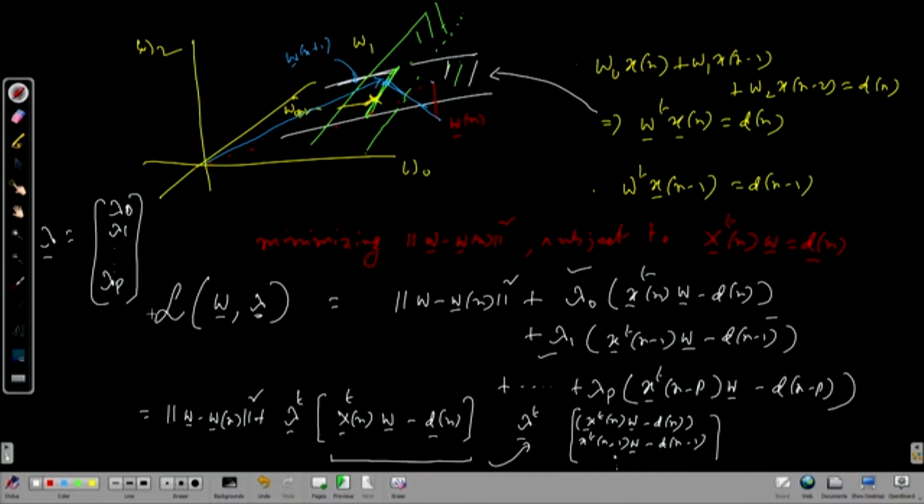The moment I differentiate L with respect to lambda 0 and equate to 0, only this much will remain. So, this will become 0. So, x transpose n w will be d n. So, that constraint will be satisfied. If I differentiate this with respect to lambda 1 and equate to 0, only this part will remain and equate to 0 means it will lead to x transpose n minus 1 w equal to d n minus 1. So, then the second constraint will be satisfied, so on and so forth. But this whole expression I am writing in a compact manner like this. All right. So, with that I can go to the next page